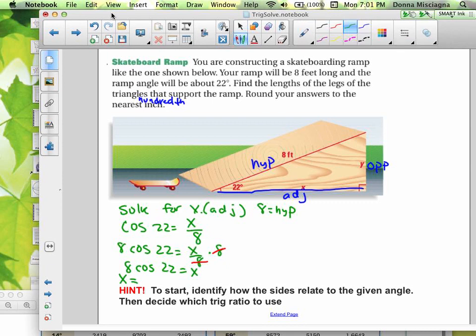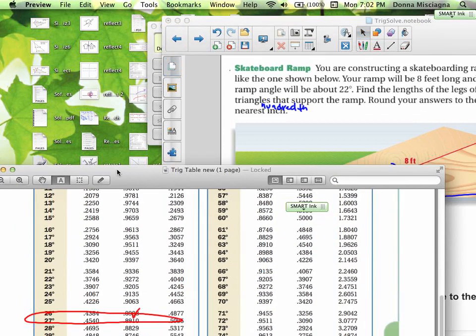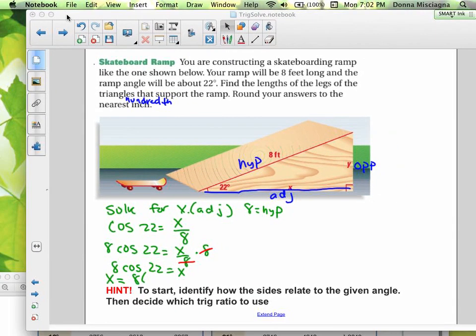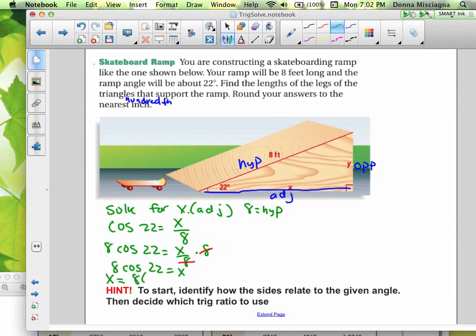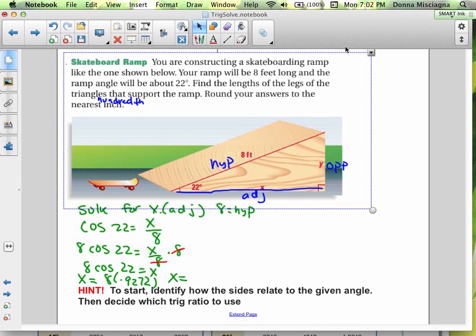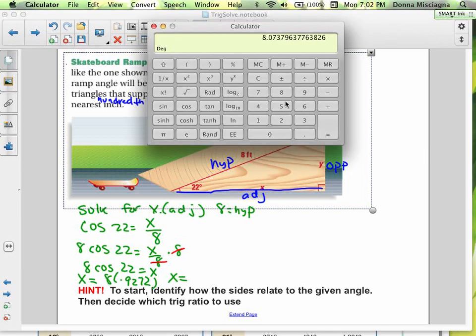So we have x equals, so we're going to multiply 8 by cosine 22, which was, I did very good with not forgetting numbers, and I guess I went too quickly and I kind of forgot the number. It was 0.9272. And I think this time we'll just do this one with the table only. Maybe we'll do the next one with the calculator only. That sounds fair. So we have 8